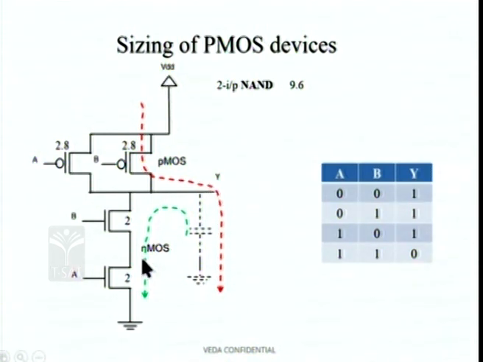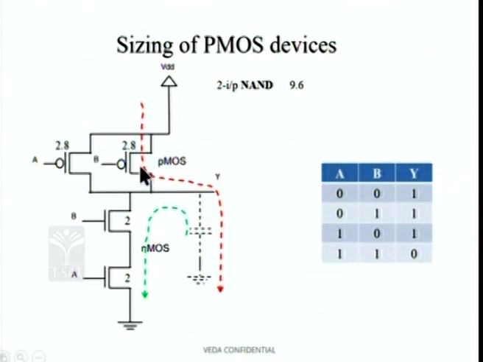And Y swings from VDD to ground. Now, what happens is, when this particular charging current is through this device, you may say that both A and B could be 0. Yes, both A and B could be 0, in which case both these devices are on and the current gets distributed through these devices, and maybe the charging is slightly faster. Yes, but the worst case is when one device is on. When one device is on, the charging happens through this particular device, which is sized at 2.8.